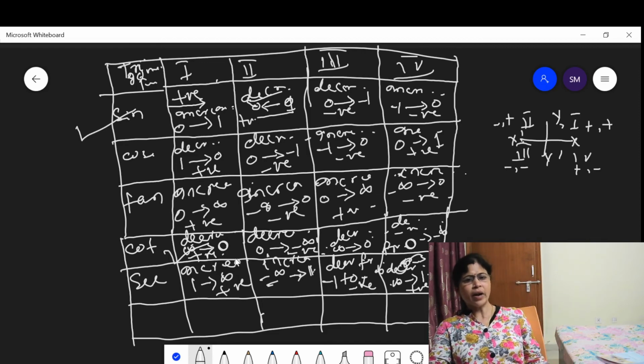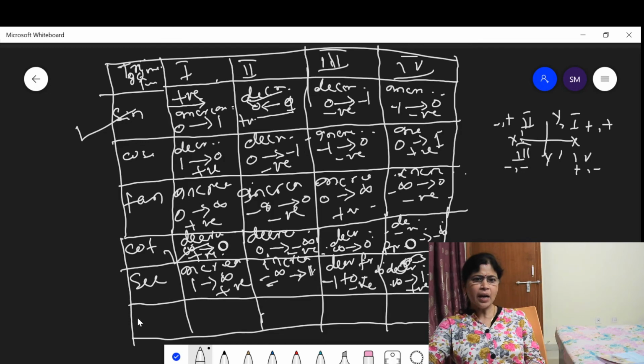And in the second quadrant, it is also in increasing mode from minus infinity to 1, which means sometimes positives and sometimes negatives. But in the third quadrant, it is in decreasing form from minus 1 to minus infinity, which means negative form. And in the fourth quadrant, it is also decreasing from infinity to 1, which means this is positive. The value between infinity to 1 is positive.